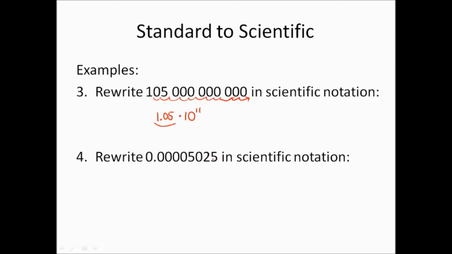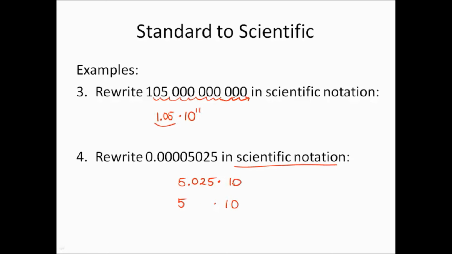A really small number can be also written in scientific notation, and we want to approximate the first number possible, so that would be 5.025. We want it less than 10. Some approximate it just to one place, and some people approximate to one decimal place. You can choose however you'd like. You could choose to say 5.025, which I think is a little more accurate, or you could just say 5 times 10